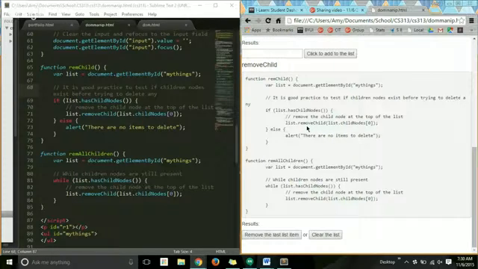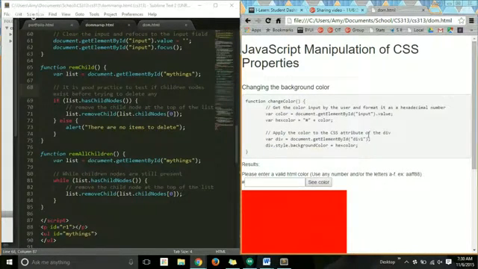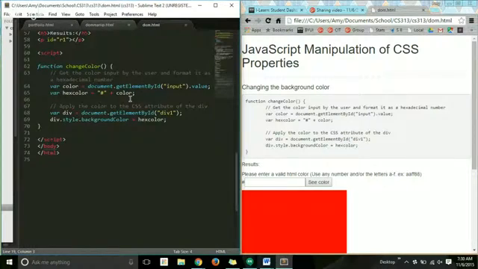But that's about it for DOM manipulation. It can go much deeper than that, but for our purposes, we'll stick with that. I've also done some JavaScript manipulation of CSS properties using DOM manipulation. And this is just a simple example, but I've put up an example of manipulation of CSS elements. It's done a little differently, but what you'll do here,